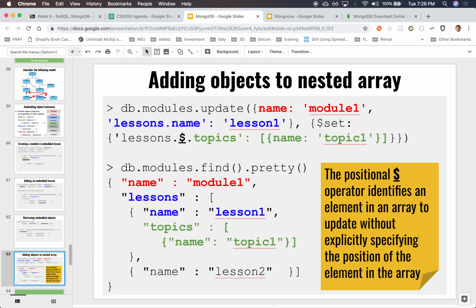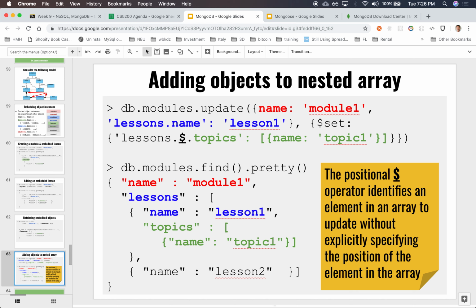Notice lessons.name. Find me, I don't know which one. It might be the 3rd element in that array. I don't know which one. The context of which of that embedded object was found, say it was on index number 3. Here was index 0, the first one. It found it in the first one. That context is followed into the update clause. So for instance, now that I know it's index number 3 or 4 or whatever,